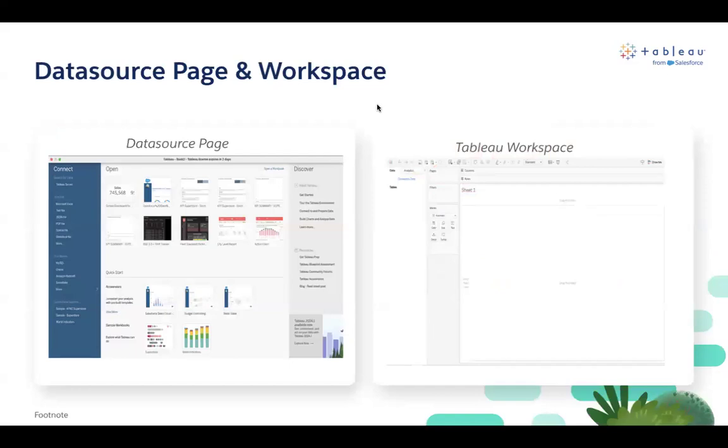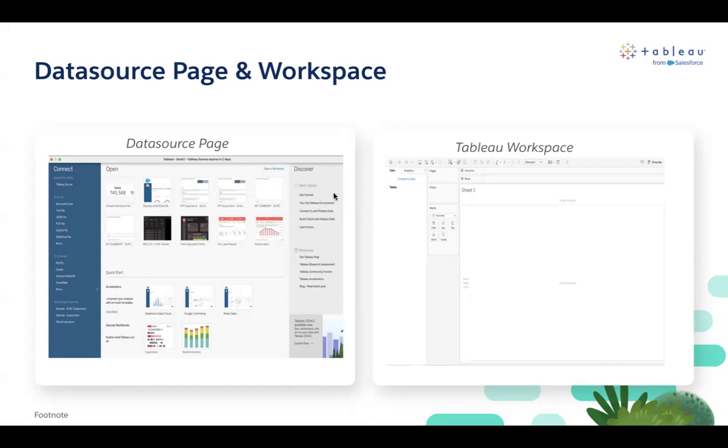There are two paths when you have downloaded Tableau Desktop. One is the data source page and the other one is the Tableau workspace. So this data source page is like the first stop. When you open Tableau, this is where your journey begins. The data source page is essentially your gateway to the world of data. You can connect to various data sources, be it Excel, SQL, databases, or cloud data. So first, I'll start with the data source page, and then I'll move on to the Tableau workspace. And later, I will explain the concepts of dimensions and measures. With that said,